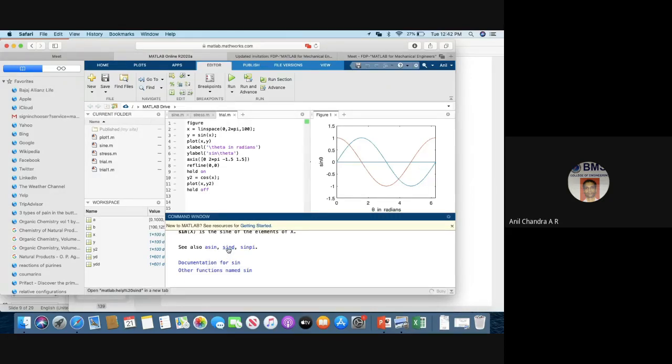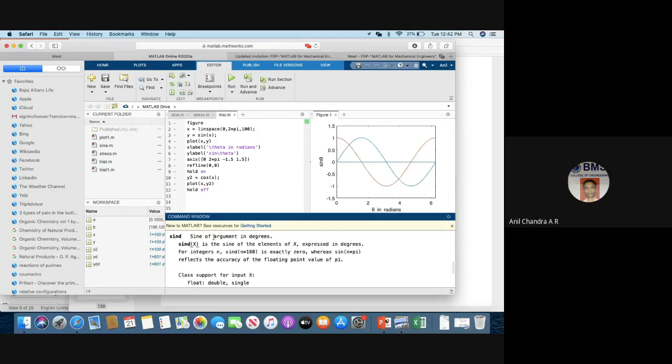Right, so you can click on that and see what it means. Sind's argument is in degrees. Here the argument, that means x, is in radians. So 0 to 2 pi, 100 data points. You can take 200 or you can take fewer. It all depends on how smooth a curve you want to get. I hope it's clear.